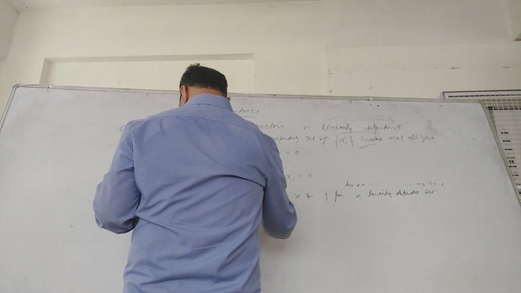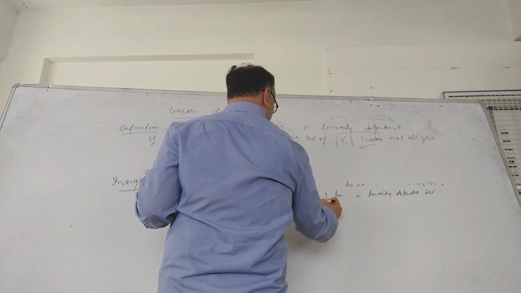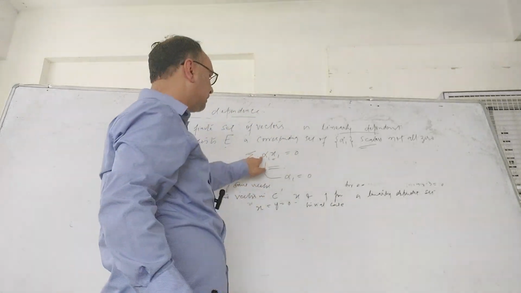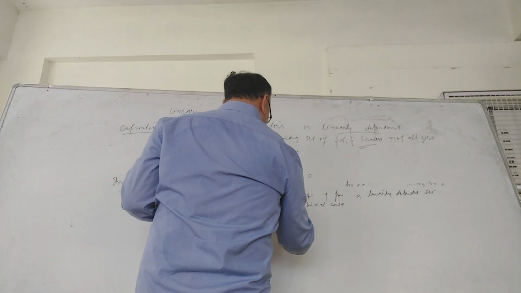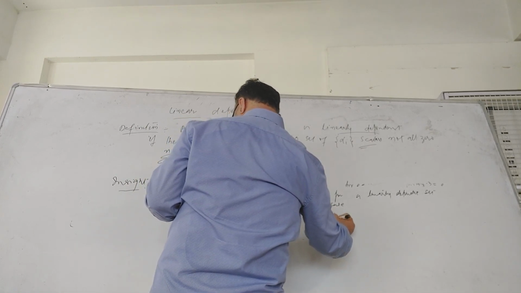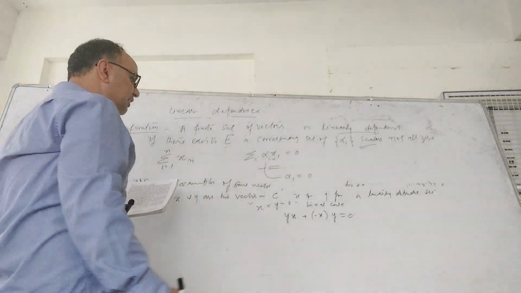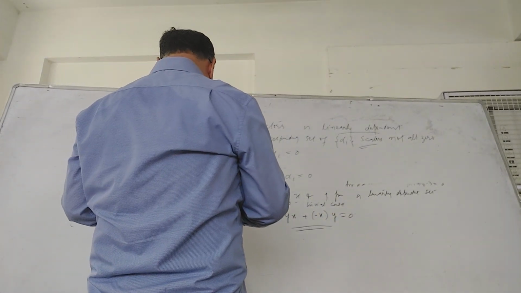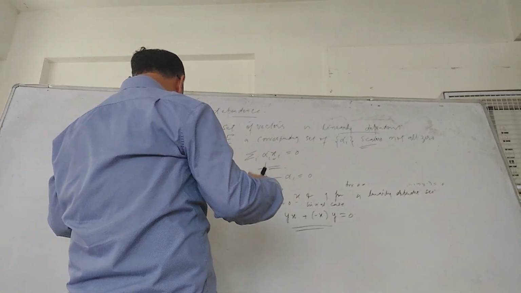If x is equal to y is equal to 0, this is a trivial case, so it doesn't matter. But now, if we have, for example, yx plus minus xy, this is an example of the relation that every set containing a linearly dependent set